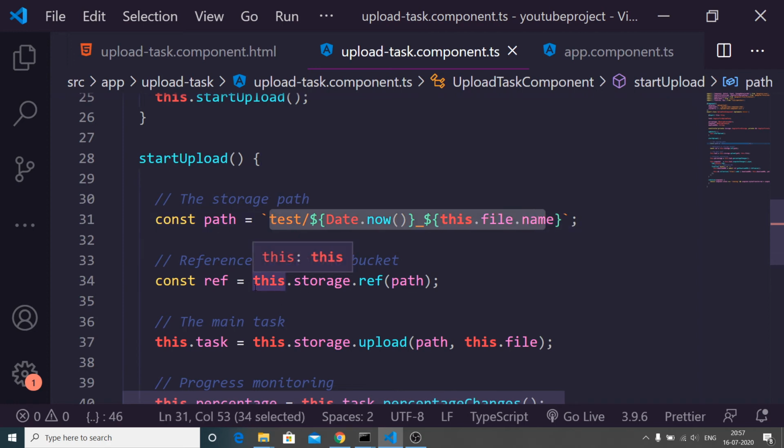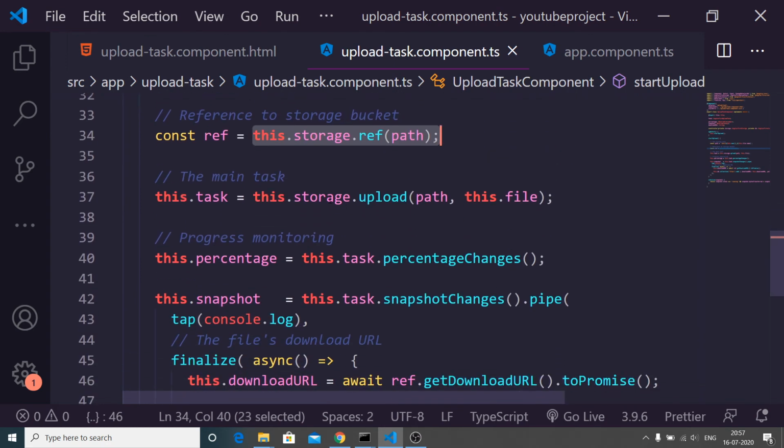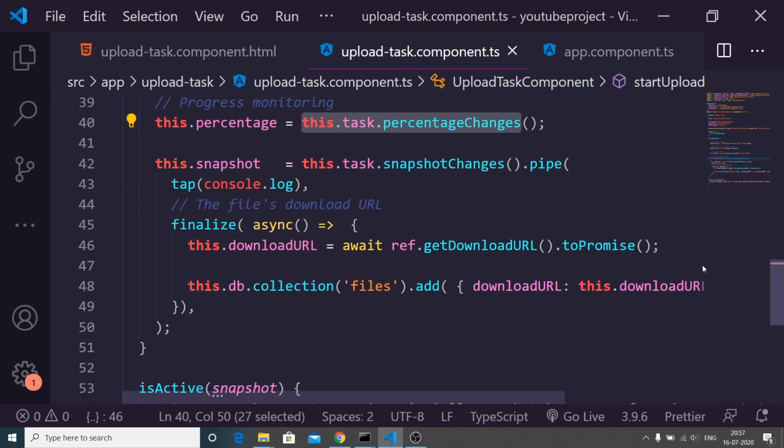After that, we have the reference to the storage. Then we are making a simple task of uploading this file. We are taking the percentage using the property percentageChanges, and then we simply upload this.